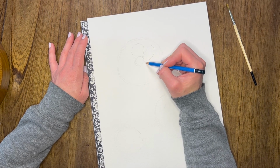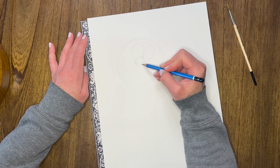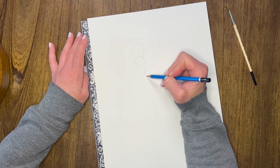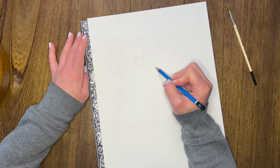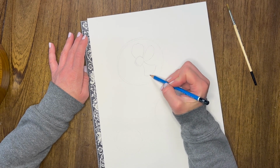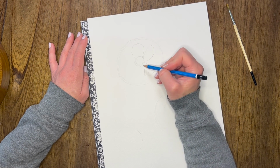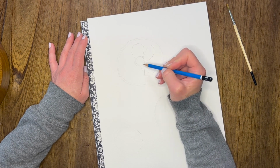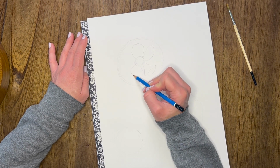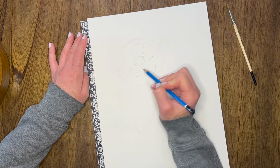So for example, here's one that's gonna scoop up. So I'm gonna draw it out like this, and then like this, and make that scoop at the bottom where you can see the petal. But the petal folds over a little bit, so this is gonna be that lip of the petal. We're gonna do that over here as well. This one's gonna be slightly shorter, and it's gonna have that little dip in the petal,